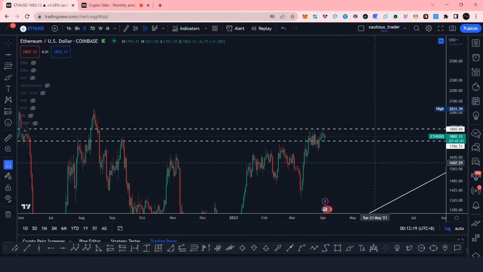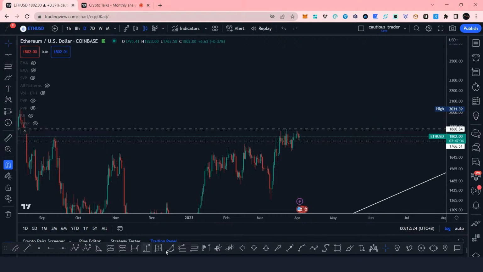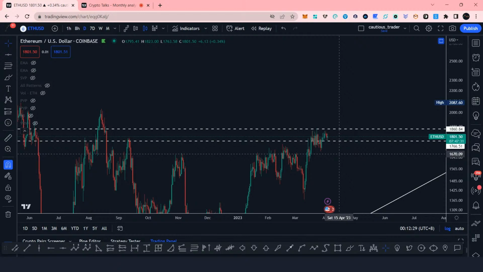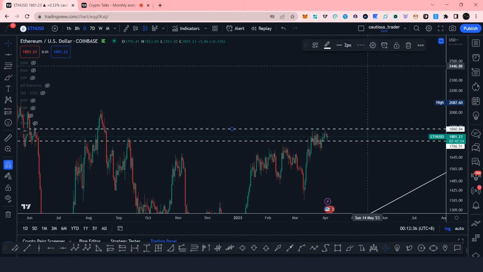For shorter trades, if I'm gonna trade this one, of course I'm gonna measure the risk reward, which is more or less 1:1. So at this point I might not do anything, but of course I'm gonna set an alert on 1,860. If it breaks above that, target around 2,000 after it breaks out of that 1,860, and of course the stop loss around the doji.